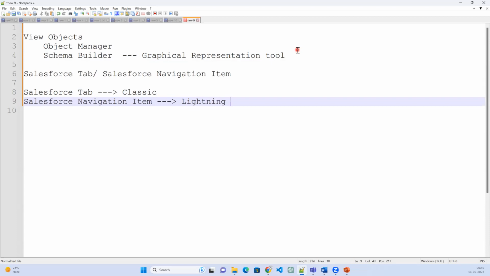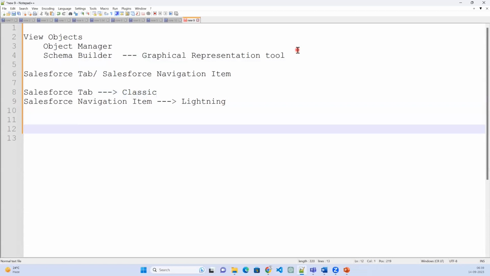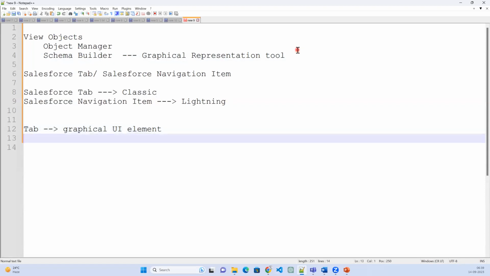Now, what is the tab and what is the navigation item? So tab is nothing but a graphical user interface element. In order to represent, we have sObjects. sObjects is nothing but Salesforce standard objects and custom objects,